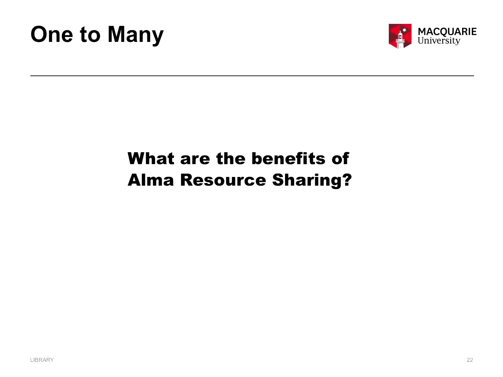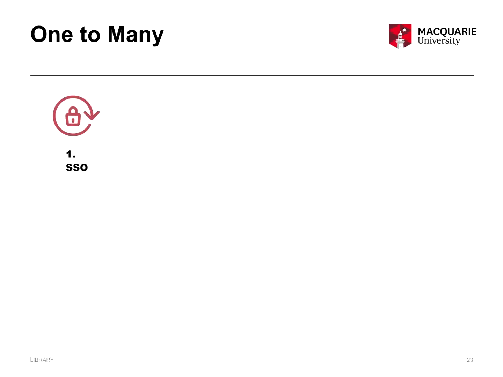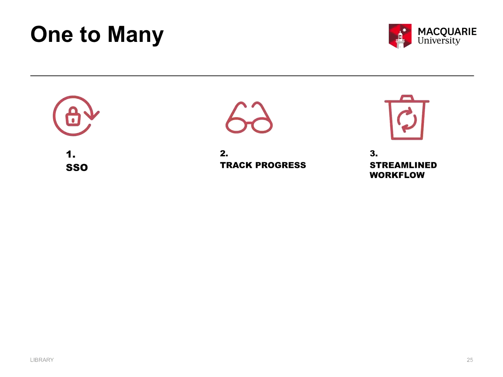So what are the benefits of Alma resource sharing? Firstly, a single sign-on integrated request process through Primo. Secondly, users can track the progress of their requests in My Library in Primo at every step of the way. You've got a status there. Thirdly, staff benefit from a streamlined, integrated, workflow-driven module. Fourthly, an integrated pick list, which is great when you combine it with the Alma mobile app. From the integrated pick list, as soon as staff pick the item and scan it on the mobile app, the status of the item is shipped.